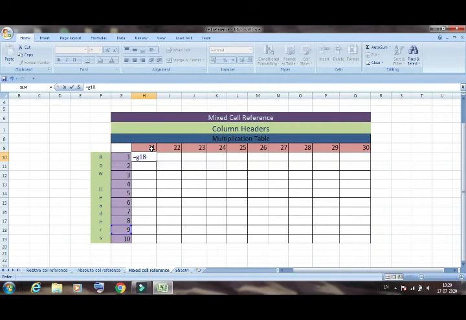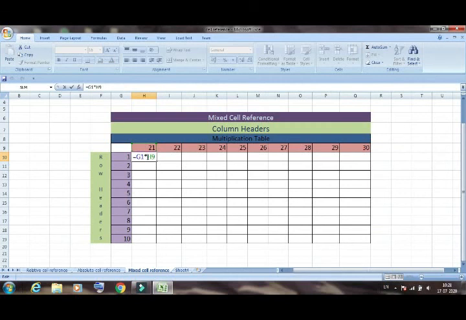Then multiply by the H. What is the value of 21? It is H9. So here we will write H9. Then we will fix some value. Here we fix some value, meaning when we go downward, which value will change. Here the column H is fixed, but the row changes. The row changes because when we move to this cell, what is the cell address of this particular cell? The column is H but the row changes. So here we will fix the column and the row will change.